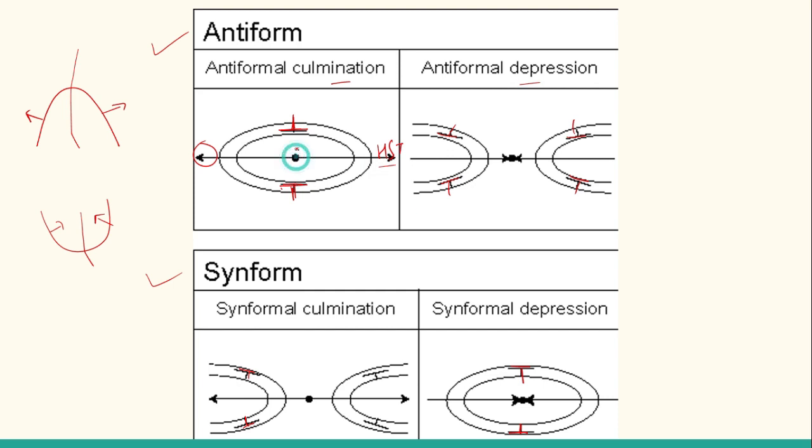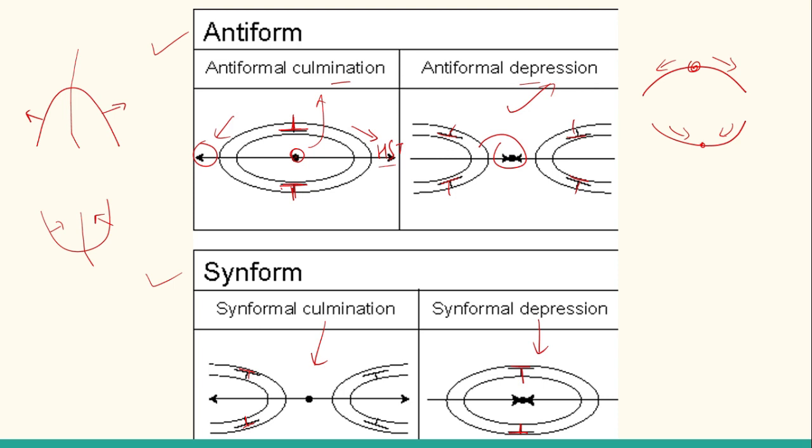So this is the common point. We do not know whether it is the highest point or lowest point, because in the map you cannot see that, but yes, by these arrows you can identify that if these arrows are going away from each other, there must have been a culmination, and in the case of depression they will be coming towards each other, as in this case. So this will indicate depression and this will indicate the culmination. Same goes with here. So this is a very basic idea behind identifying the 4 types of doubly plunging fold.